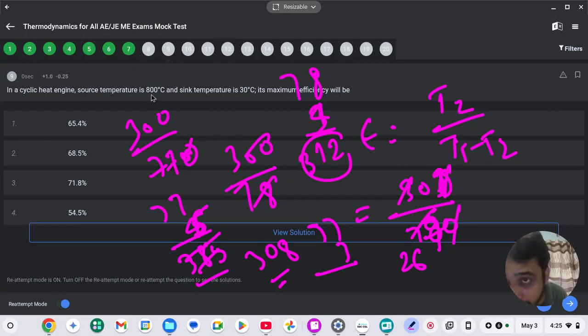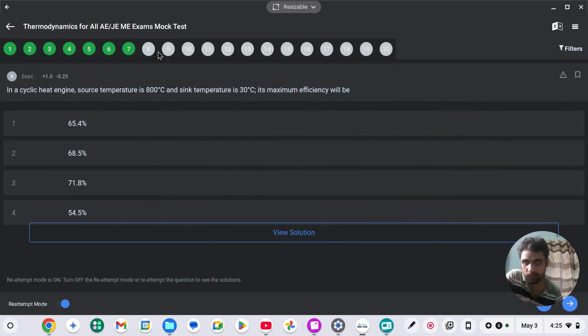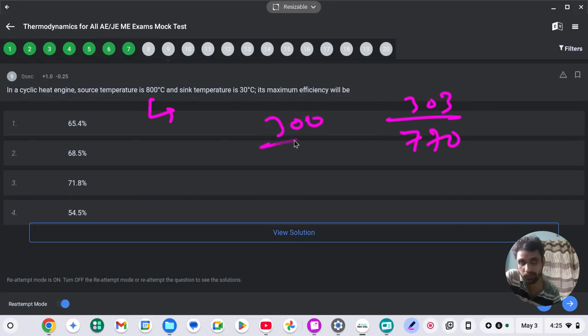It is 300 or 800. It is 800. Sorry. It will be 800. So we have to convert it in. Okay, 800 minus 30 is 770. So 770 upon 273 plus 30 is 303. So let's say suppose it is 300, so 300 upon 770,